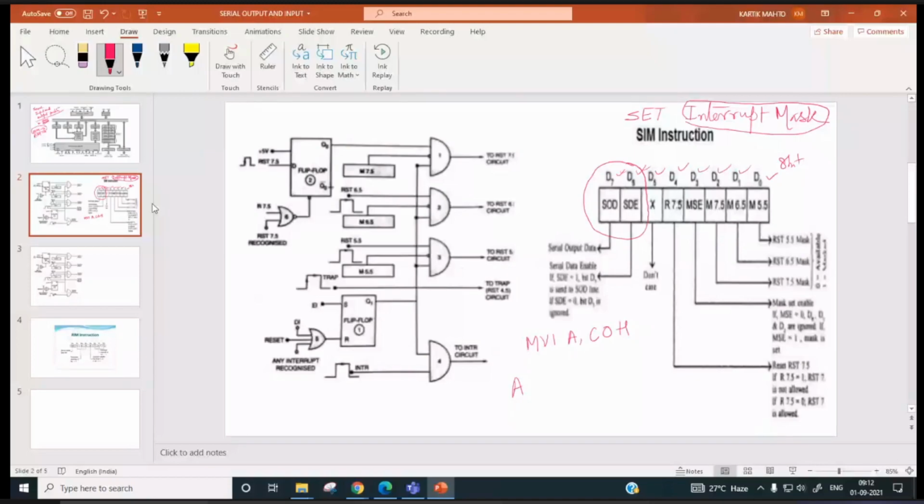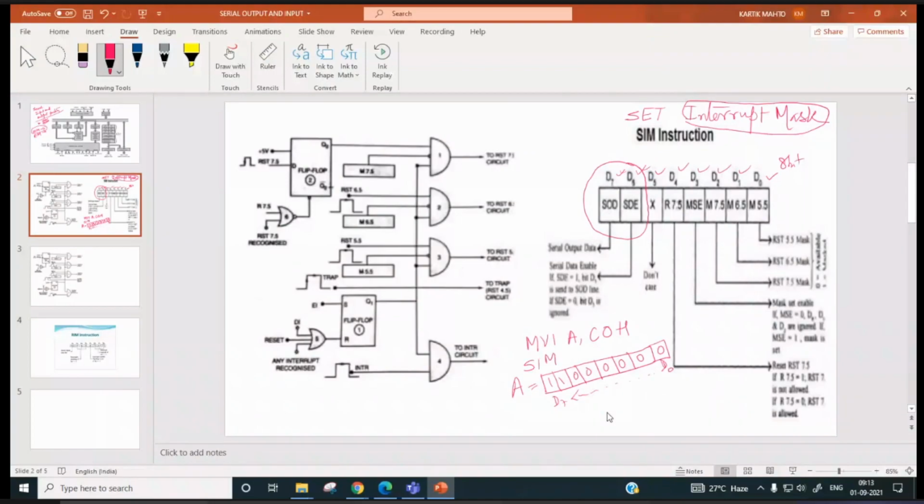The accumulator content will be 1100, which is C, and 0000. This will be D0 and this will be D7. Is it okay?